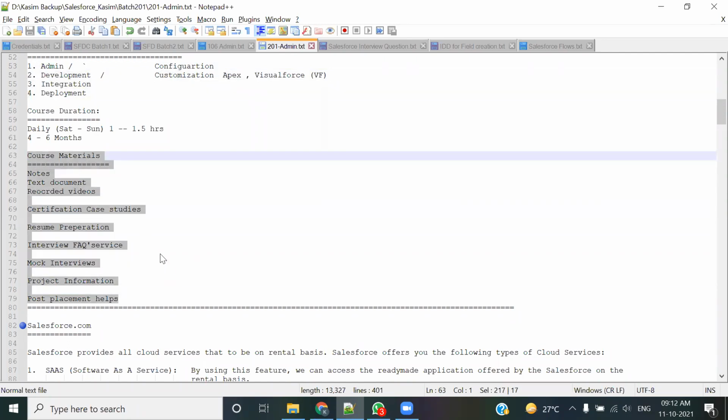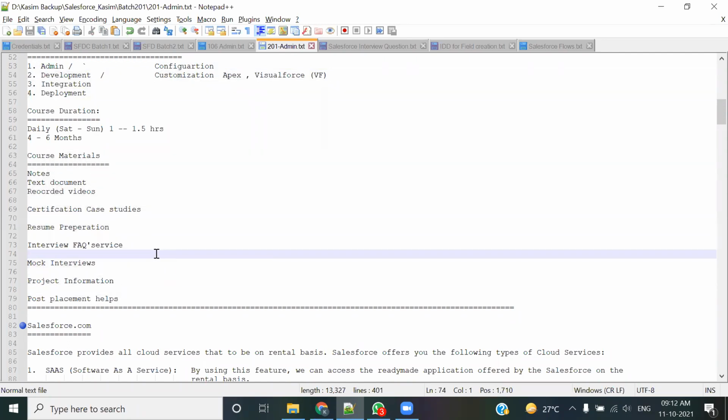So these are some of the things what we are going to provide you. These are the things, interview and mock, everything I'm going to give you for that. Whatever you require to get yourself placed, the things are being provided by us. Okay, so I'm stopping the recording right now and I am giving every one of you the command to unmute. Now you can ask me the question.